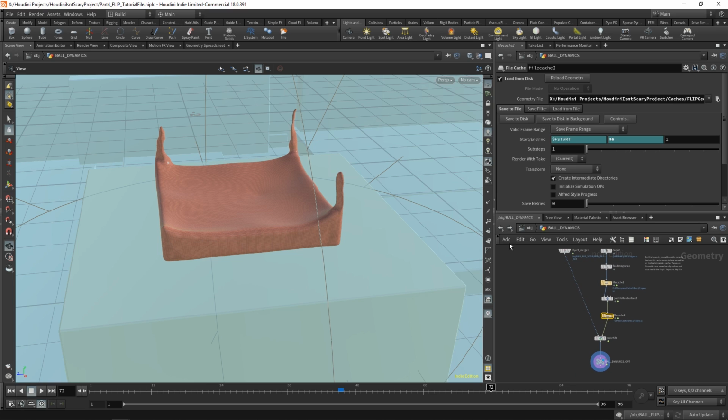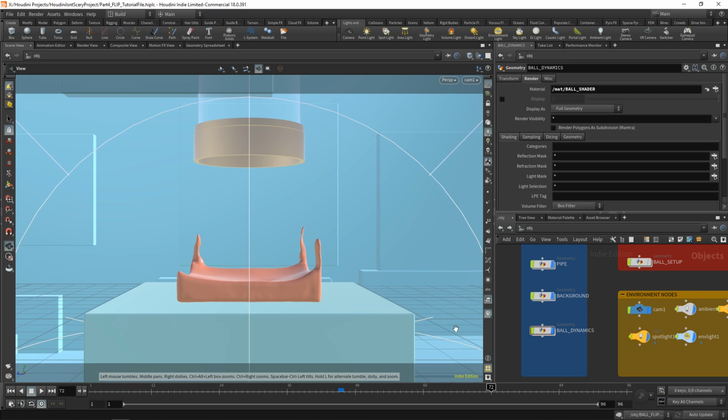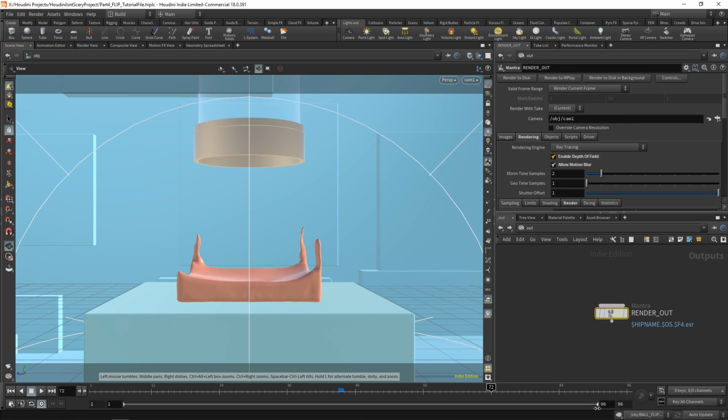What else could we do? Well, we want to render this, but our render settings we haven't even touched on before. So let's go over to our camera, set it to camera 1, right? So now we're in this view, we can see what we want to render. If we go to our out network, so go over to OBJ, switch it to out, we have our render